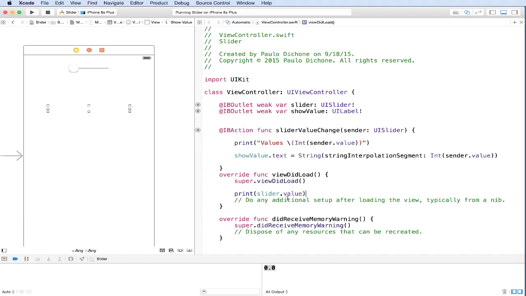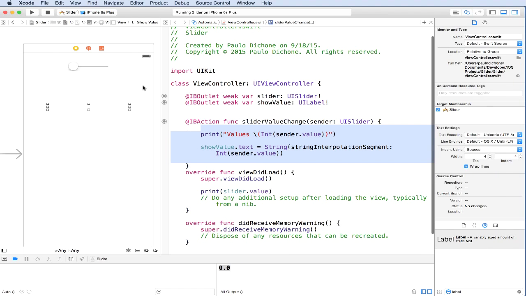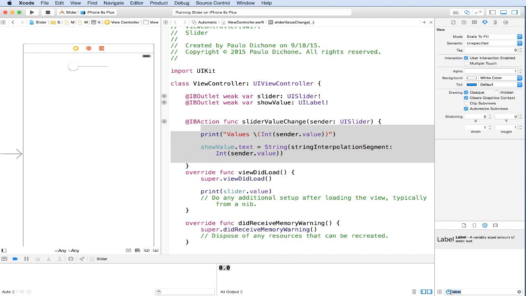And the other thing we could do with this information that we just learned is, let's say we wanted to have a button here at the bottom to where when you clicked, it just showed the current value of our slider. Well, it would be impossible for us to get the current value of our slider, especially if we're outside of our slider value changed. This sender here holds the value of our slider, but it can only be used inside here, not outside. So let's go ahead and put a button here real quick and see this thing in action.